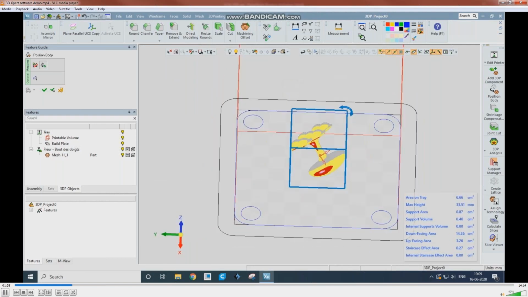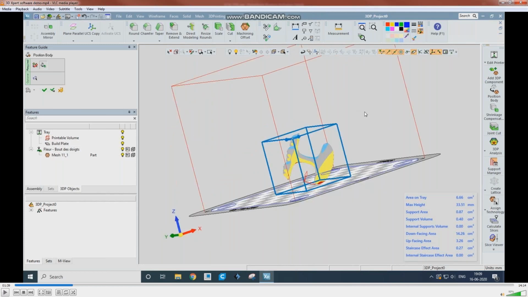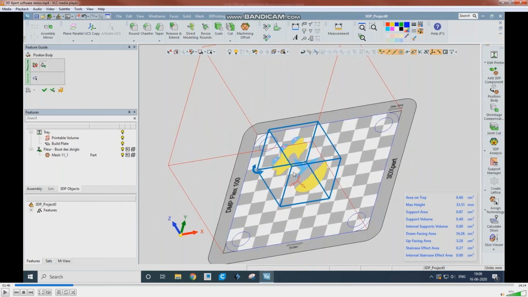Now you may ask, in Cura I just put it horizontal. Now in the 3D expert, why did I put it in an inclined manner? You see, the roller is moving from here to here, here to here.